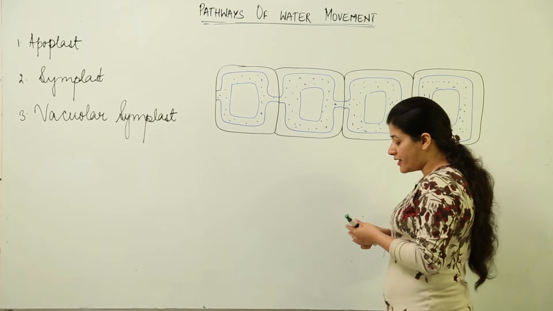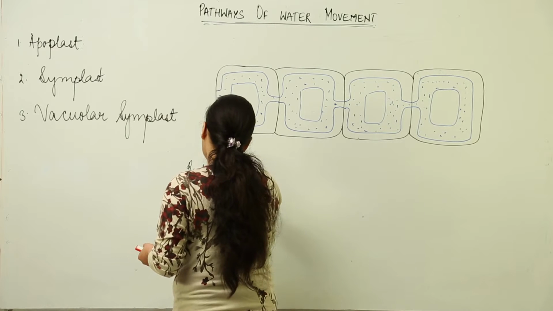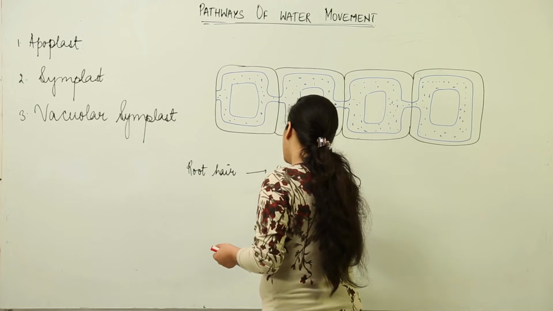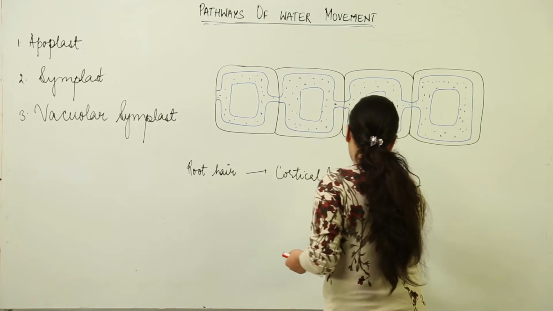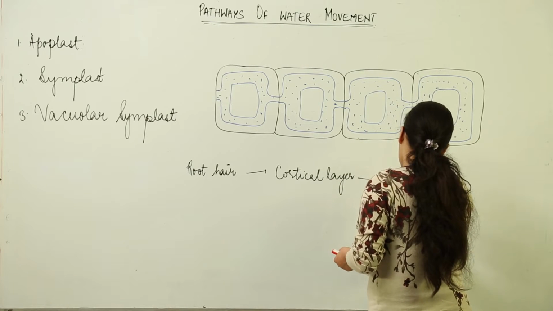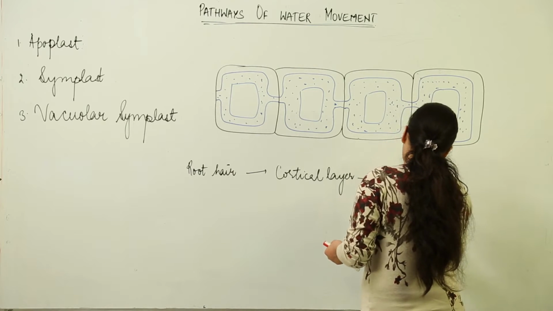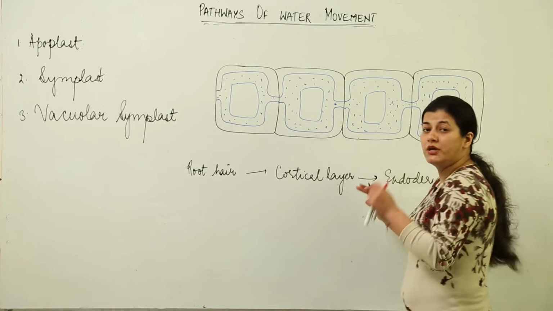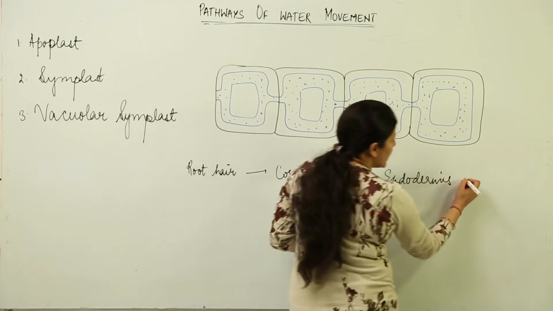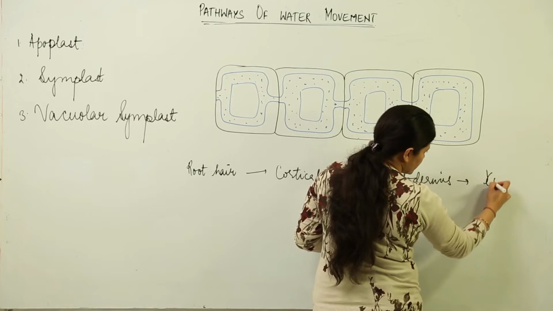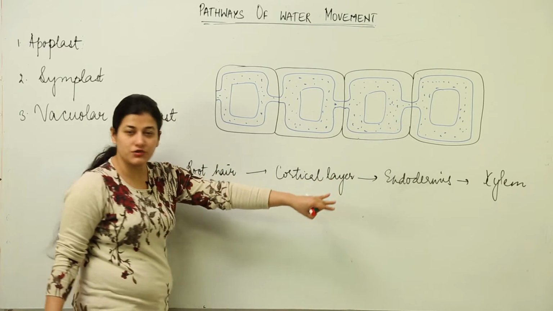Inside the root, you know that the outermost was the root hair, the cell that was in contact with the soil itself, followed by cortical layers of the cortex, which included the parenchymatous cells. Then we had the endodermis. And mind you, it had a Casparian strip, a suberized layer present in the endodermis. And lastly, we had xylem, followed by the pericycle cells. Endodermis was followed by pericycle. So these are the 4 layers that you have to keep in mind.